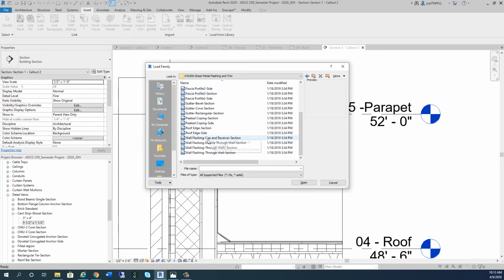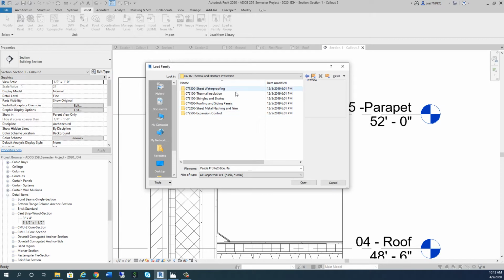And what if I got, you know, I'm going to need certain pieces of this, most definitely, right? This wall flashing. But see, there's a roof edge section. There's some coping sections, right? There's some gutter sections, some fascia sections. But if I want to put a cap of some sort up there, I've got to think how would I